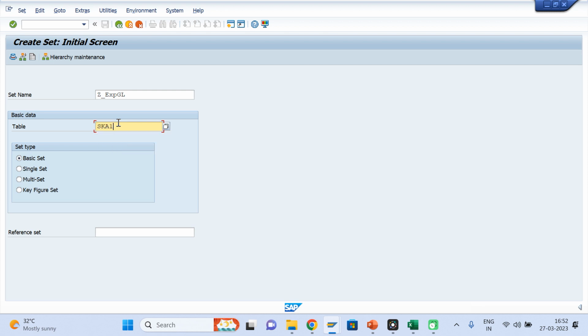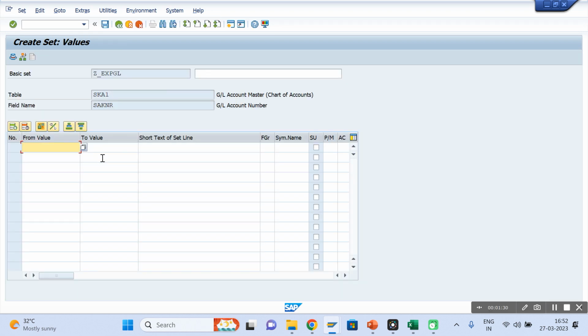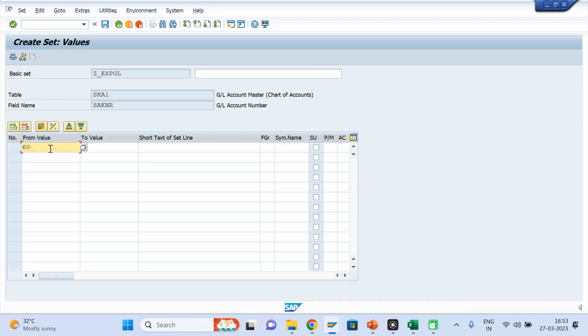and I'm giving here SKA1 table, this table. Okay, hit enter, select basic set only, hit enter, give here the same. Here I am giving all my list of the expense GL. So it starts from 6 series, I can give 6 series to 6999 for example. This is one set I created, expense GL